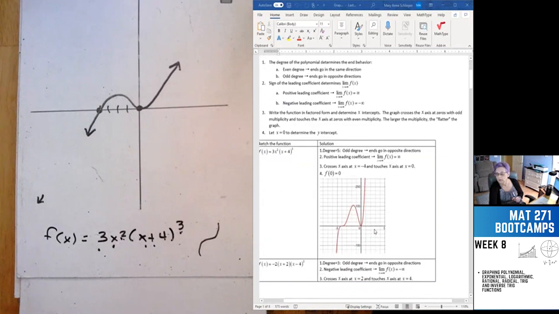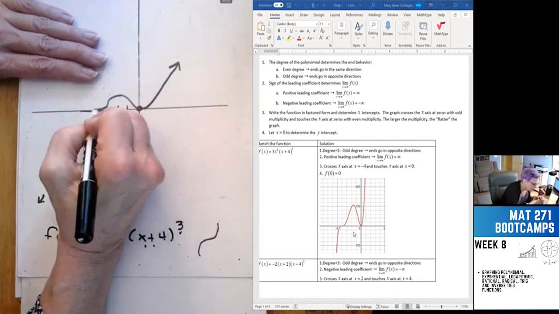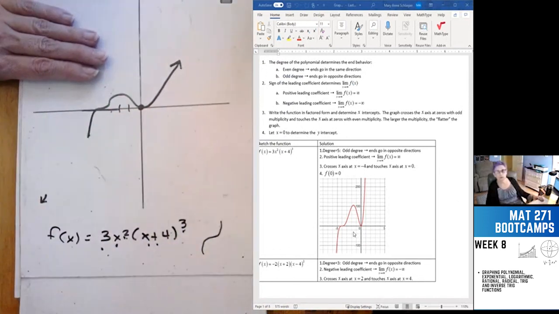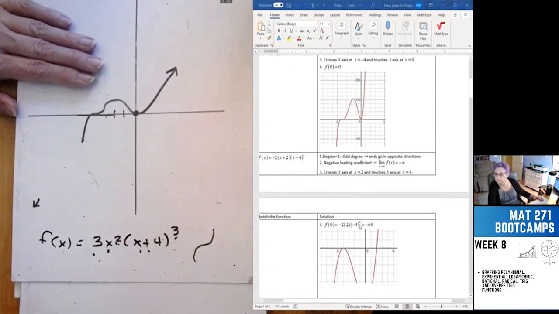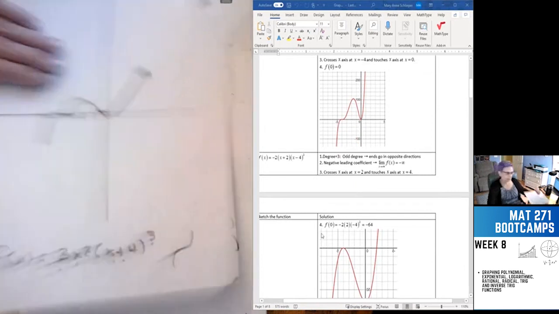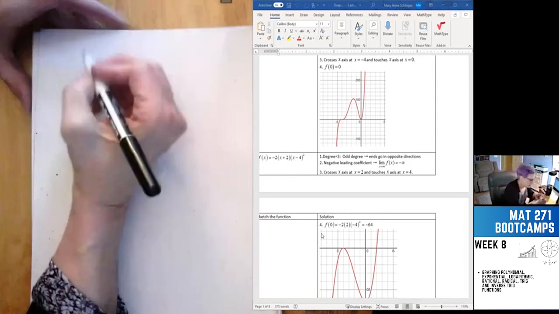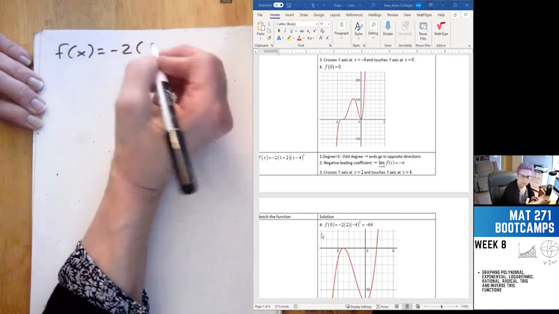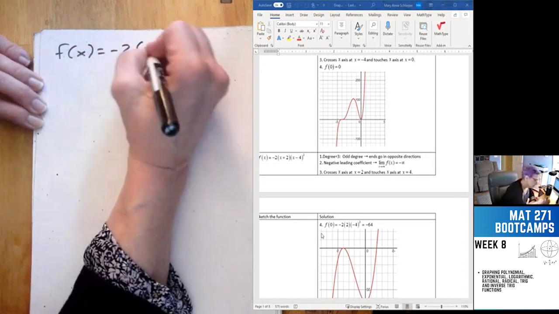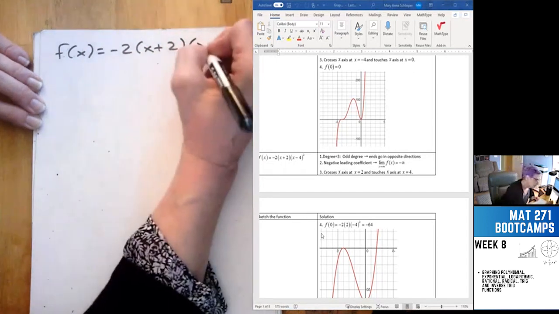Let's look at another one. And oops, you can see I forgot to make it look like x cubed there, so that was a bad graph. Let's look at another one. I have -2 times (x plus 2) and (x minus 4)